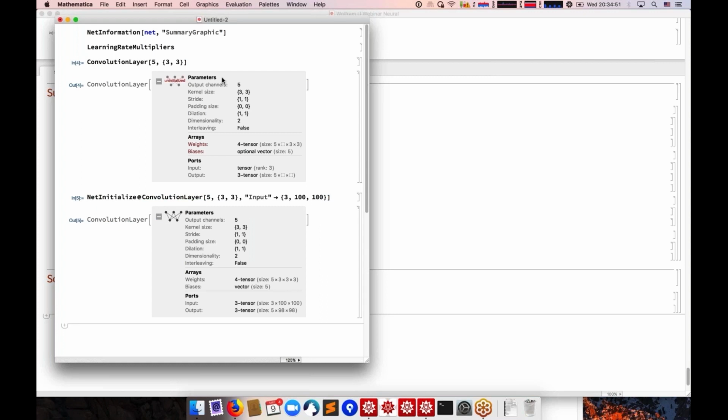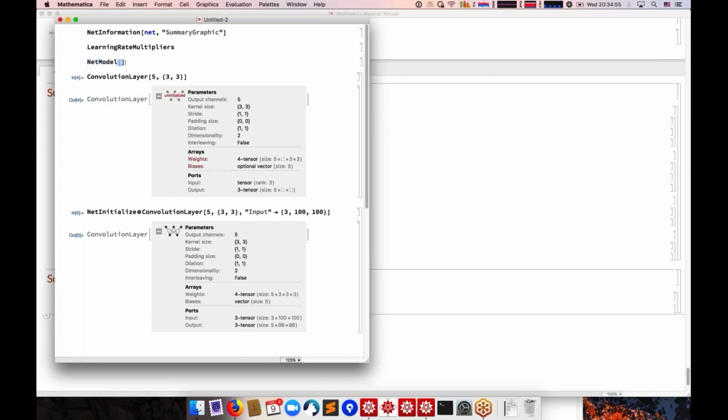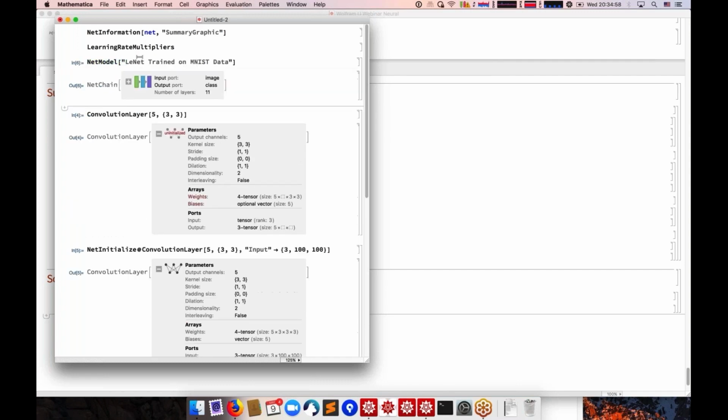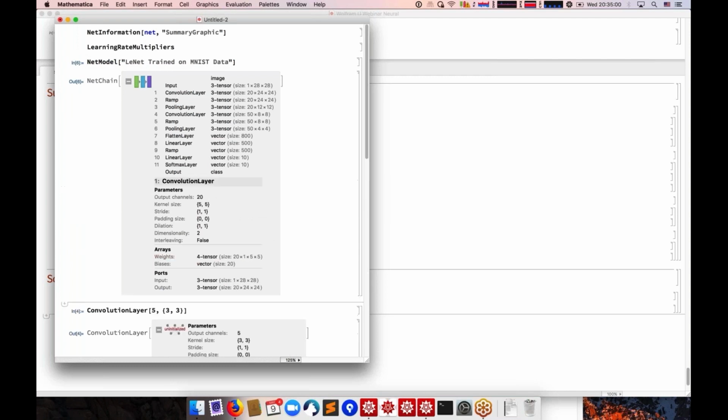So this is what NetTrain will do on an uninitialized network. But there's no reason to do this if you already have a network. If I get another net model, the standard layer net, which is trained, then these layers do contain numbers. If I call NetTrain on this, I will start from this exact state in the training, so that you don't lose any of the information that was here. You can stop the training at any point, or take any network generated with our checkpointing system and restart the training from there, so you don't lose any information.